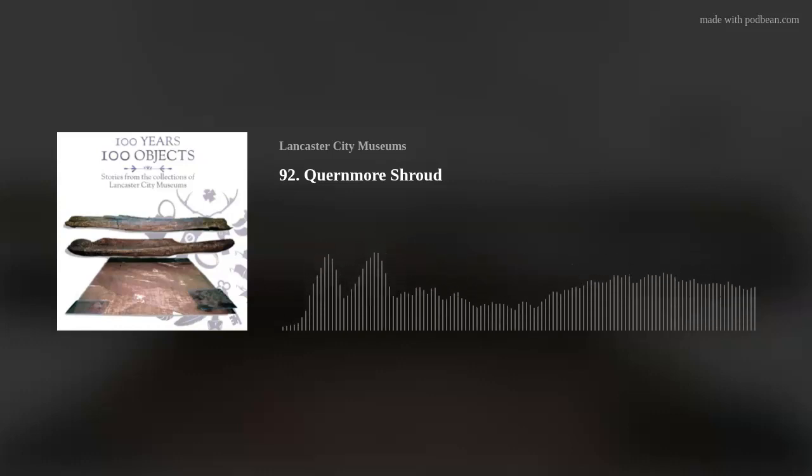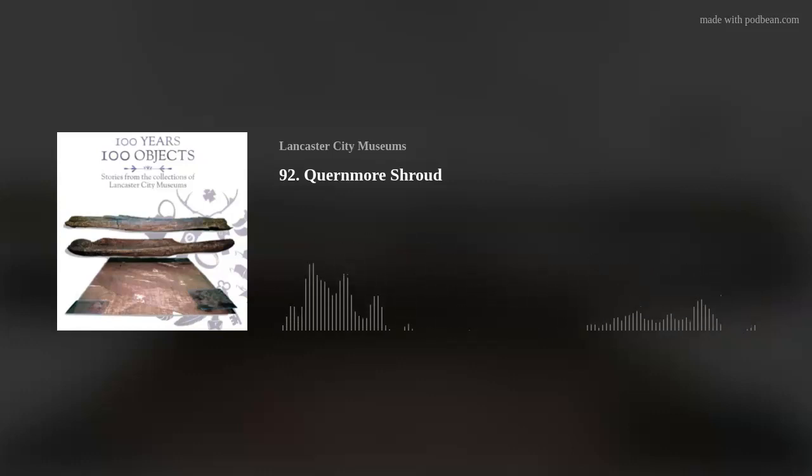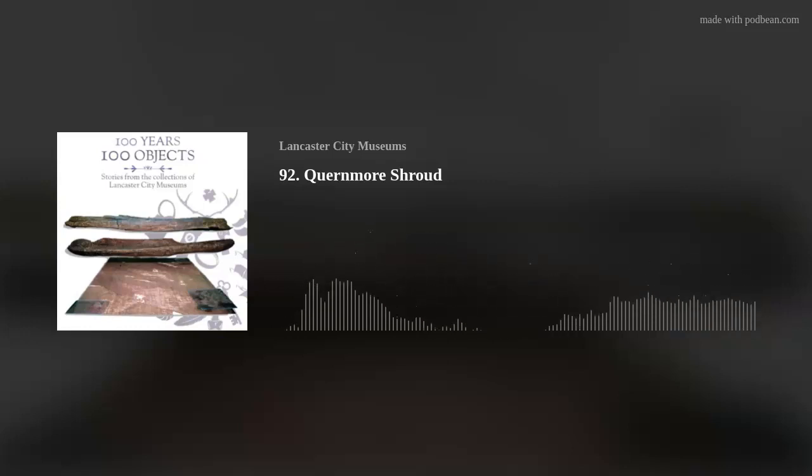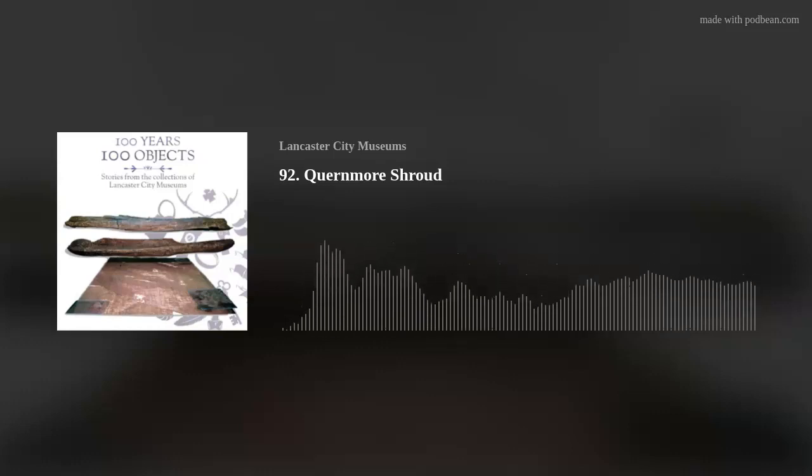Over time, they've drifted southwards into the north of what is now England, modern-day Cumbria, and particularly Yorkshire, County Durham and Northumberland, but at that point in time was a mix of British and Anglo-Saxon kingdoms. By the 8th century, they were in decline north of the Tees, and chest burials and oak coffins were being used. However, there is a second area of log coffins, dating mainly from the late 6th to the 7th century,